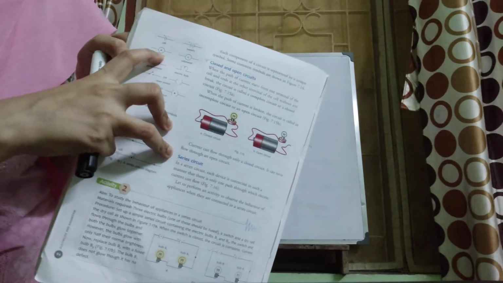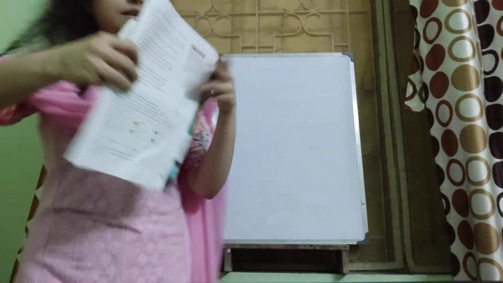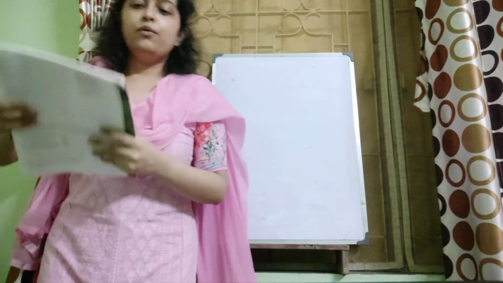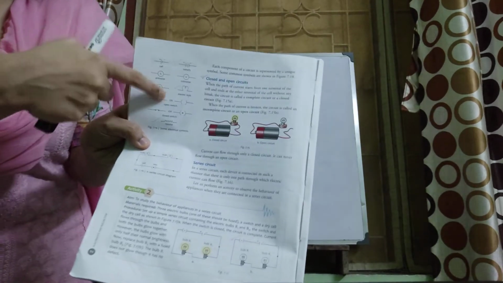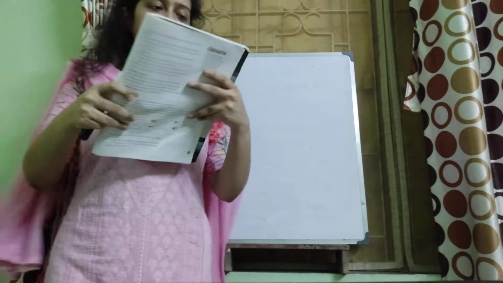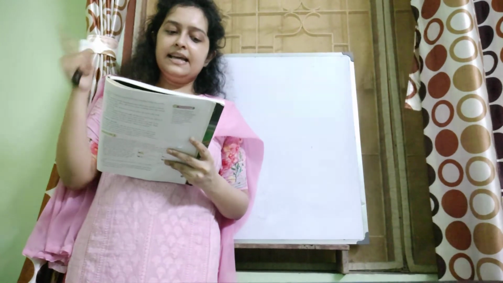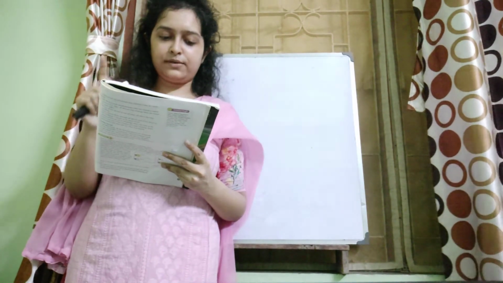Now, you don't have to know the symbols for ammeter, voltmeter, galvanometer. These symbols you don't have to know. What are the symbols you will know? The ones which I have taught you. See this page. Some electrical symbols: cell, battery, electric bulb, open switch, closed switch and resistor also.